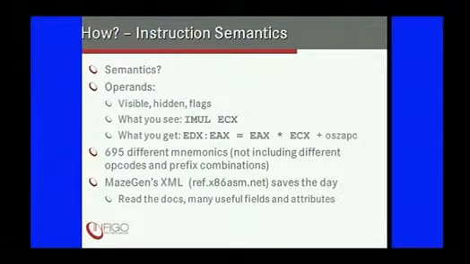So instruction semantics, this is useful, not just for obfuscation, but for taint analysis. So each instruction has several operands that are visible on the screen. There are numerous operands that are hidden, and there are flags that are not shown when you use this assembly listing. So, for example, you have emul ECX, and what you get on the screen is that the instruction taints the ECX register. But this is not true. It taints not only ECX, but EDX, EAX, and all the mentioned flags.